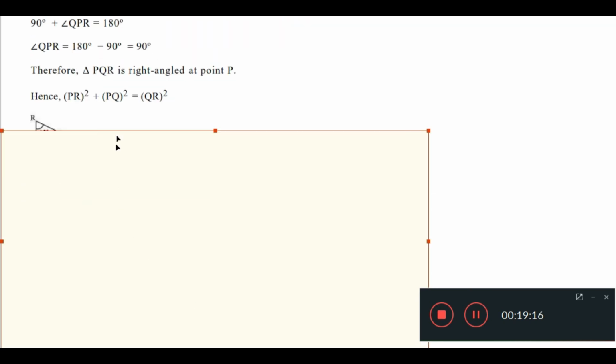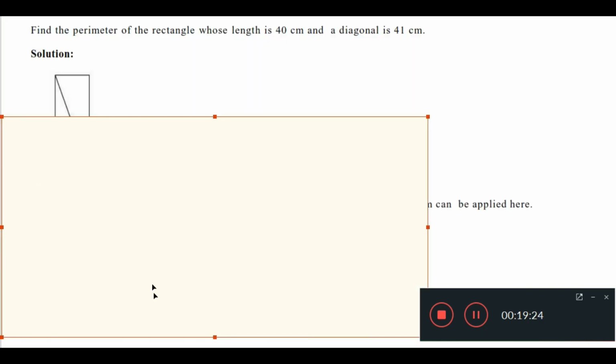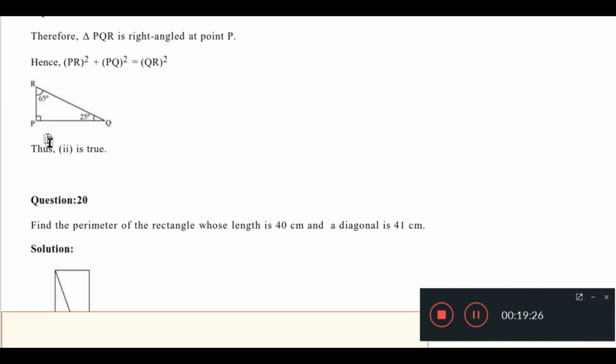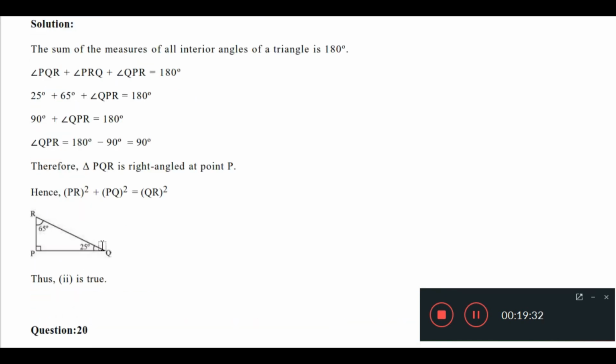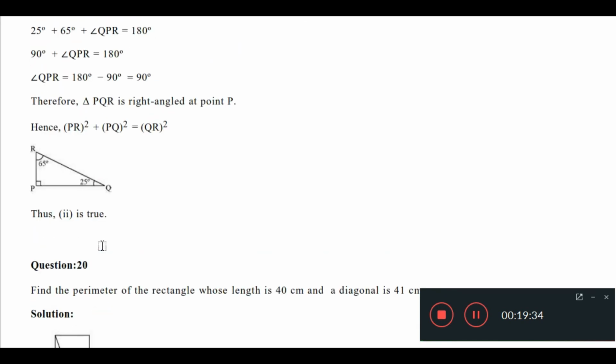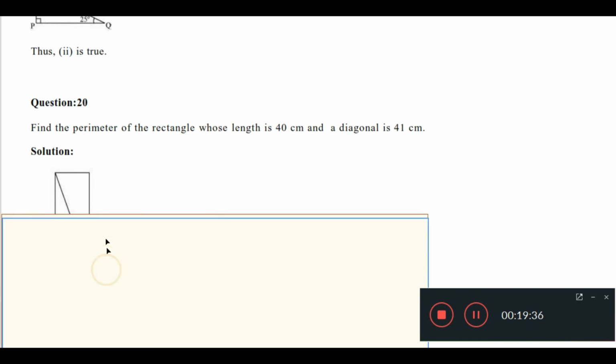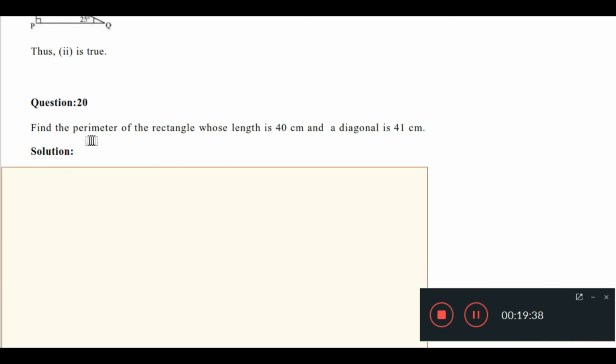Okay. So hence, based on the Pythagoras property, PR square plus PQ square equals QR square, and you will get the figure like this. Okay, so the second part is true. You have to do this question in your copy like this. Hope you understand this. Now the next one: find the perimeter of a rectangle whose length is 40 centimeter and